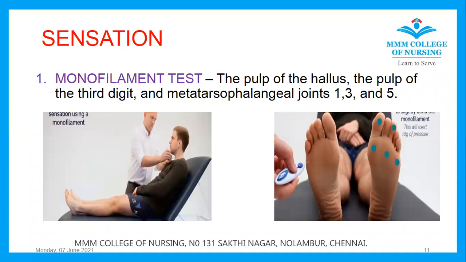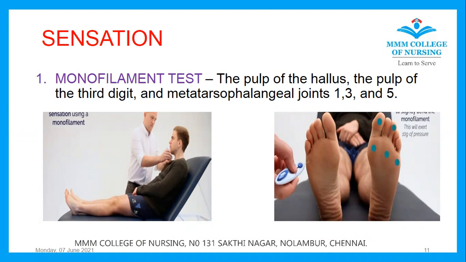Next, the important one is assessing sensation in the periphery. For that, we have many tests. The first test is called the monofilament test. Before we proceed with the actual monofilament test on the foot, we have to demonstrate it either on the arm or the sternum of the patient, to give them knowledge about what the test is about. Then we perform it on the foot after asking the patient to close their eyes. We first keep the monofilament on the pulp of the hallux, the pulp of the third digit,